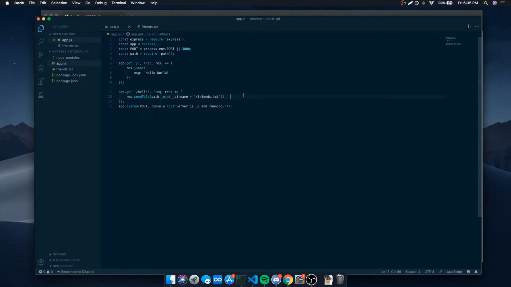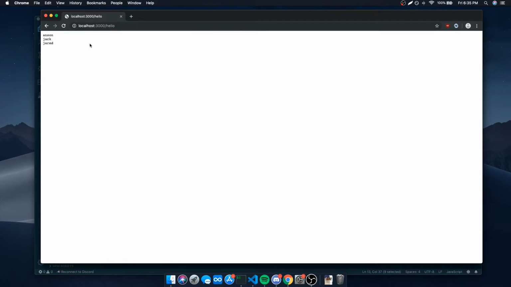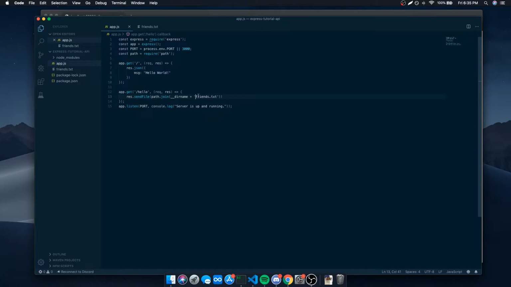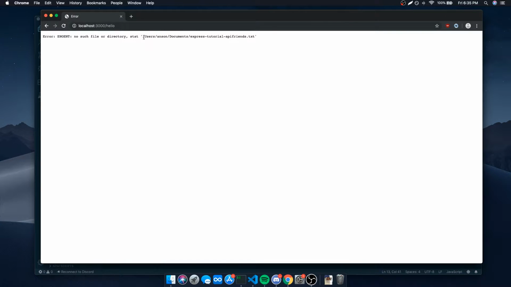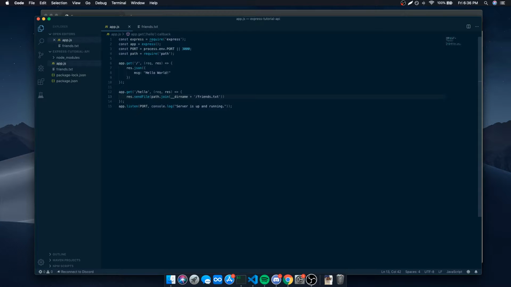But okay, so basically we're using the path module and we're just saying join the current directory name. So that was what you just saw there, right? The current directory name is users and send documents express tutorial API, and then we have to add the /, and there we go. So I can send a text file, I can also send JSON, I can send anything